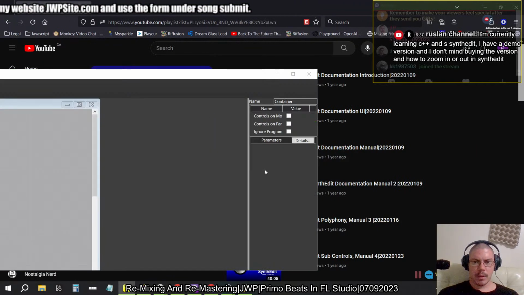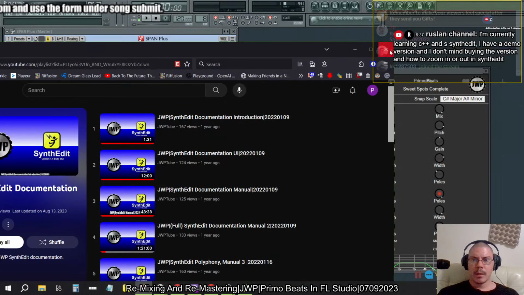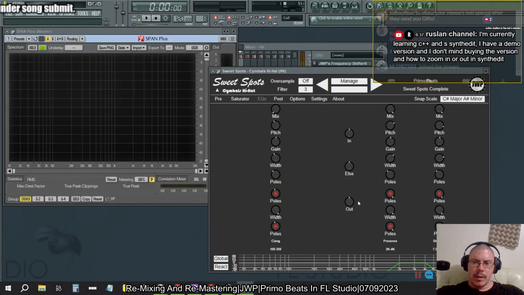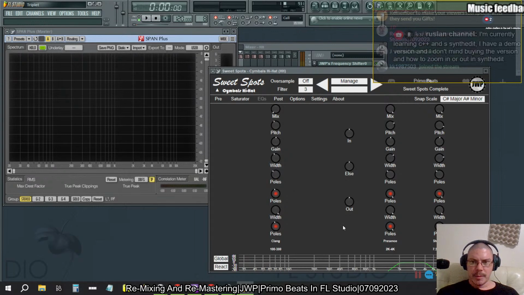No, I don't want to save that. And you asked before if I'm going to be looking at doing any third-party stuff in SynthEdit. Eventually, I am going to be looking at iPlug though. And it looks like I'm about 15 seconds behind, so hopefully you're patient enough to catch that. All right, so